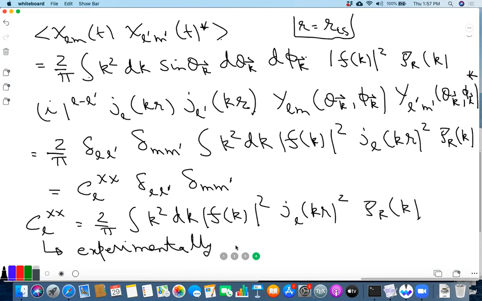Sir, the only information that we have about P_R of k is for those values of k which exited the horizon, right? Yes, and that's more or less everything that you observe today. But here the integral over k runs from 0 to infinity, right? Yes, but we'll see that this is peaked, so you don't really need the values of k elsewhere, because J_L of kr is highly peaked. So you really need a specific value of k or around it. Any other question?